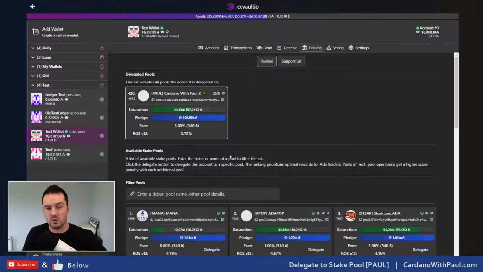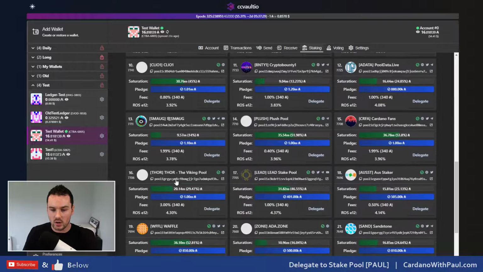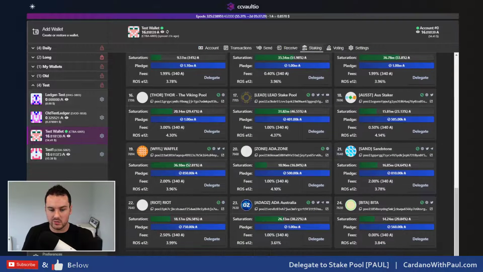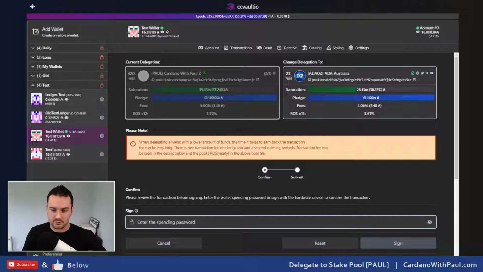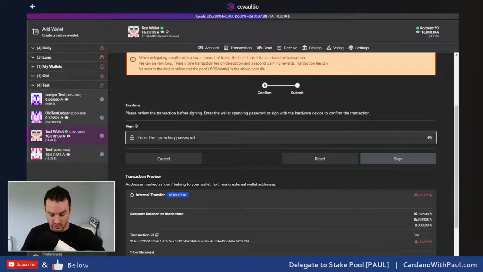So for me, if I wanted to change my stake pool, what I would do is, let's take one at random. Let's take Pete, UTxO. So I click on delegate here. So what would happen then is it would change the delegation of this wallet over to UTxO. All I have to do is put in the password. I get charged a transaction fee, and then it will switch my delegation from my own pool over to Pete's